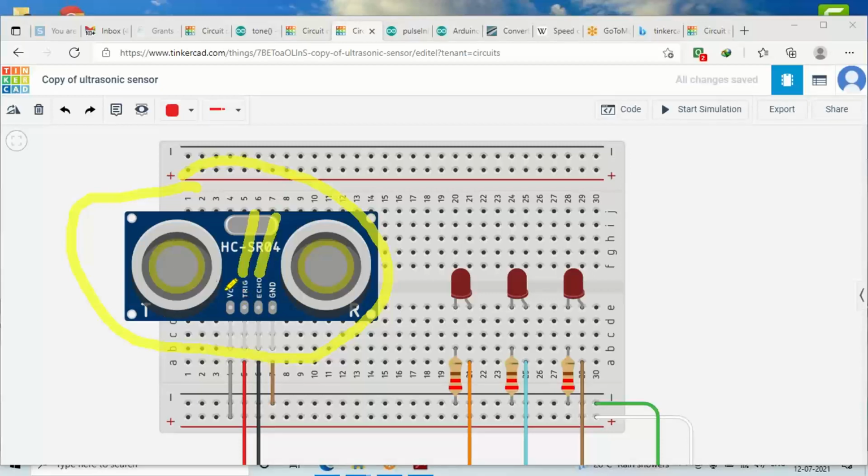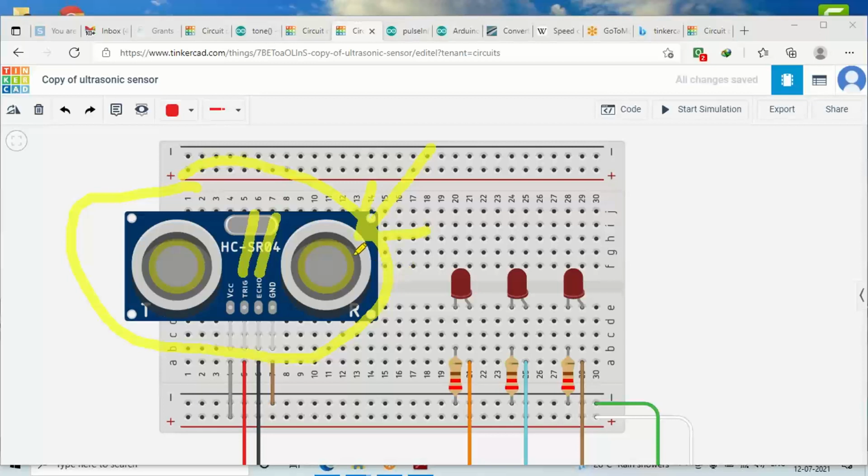Trigger means it is sending the ultrasonic sound outside, and if there is an obstacle, what will happen? Whenever there is an obstacle, the sound reflects back, yes or no? That is referred to as the echo. If there is any obstacle, there will be an echo, and the echo will be received by this part.